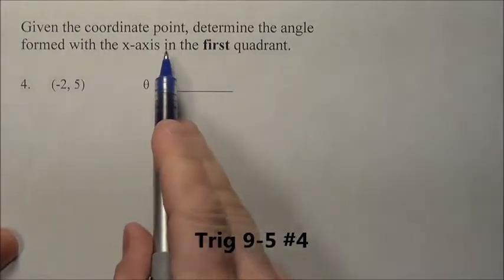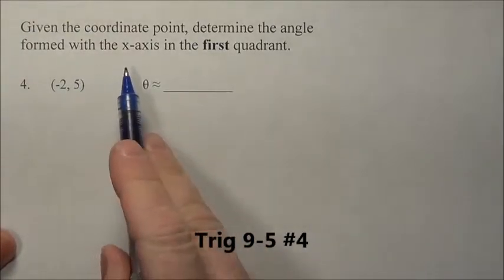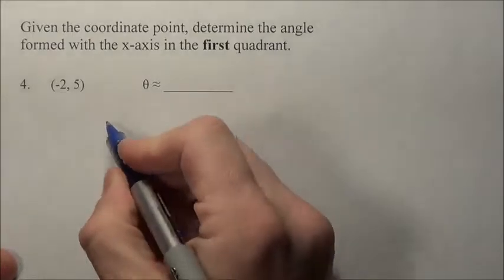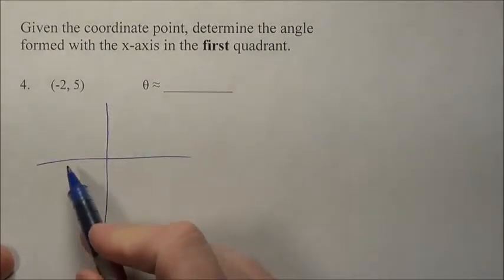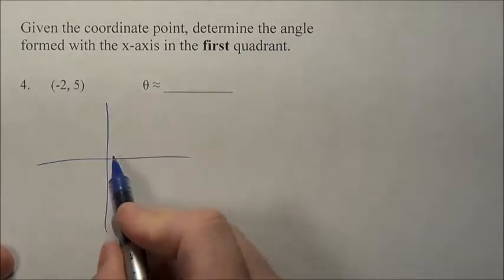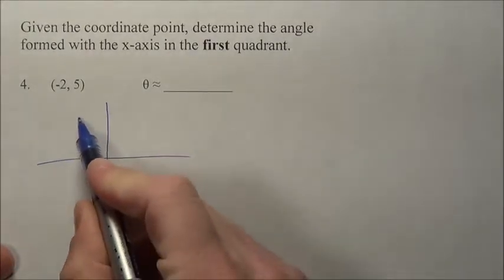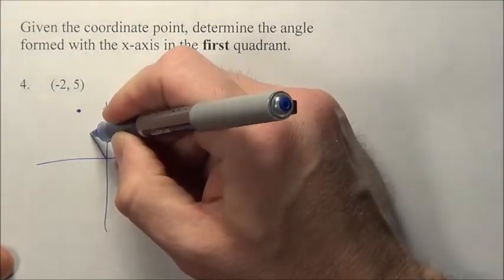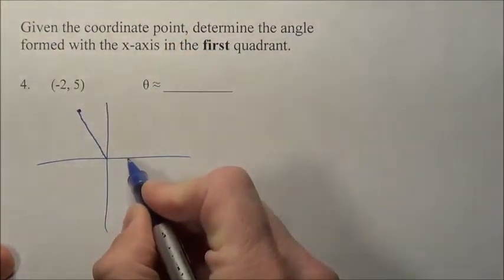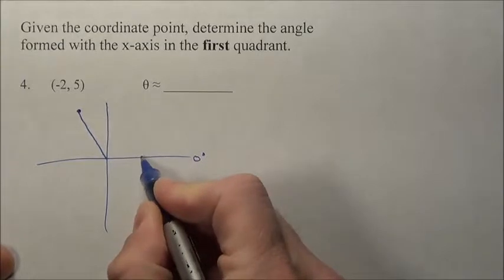Problem 4, it says, given the coordinate point, determine the angle formed with the x-axis in the first quadrant. So we have the coordinate grid here. You're at the point -2, 5. So over -2, up 5. So I'm right here. I want to know this angle formed, basically starting at your 0 degrees here, first quadrant,